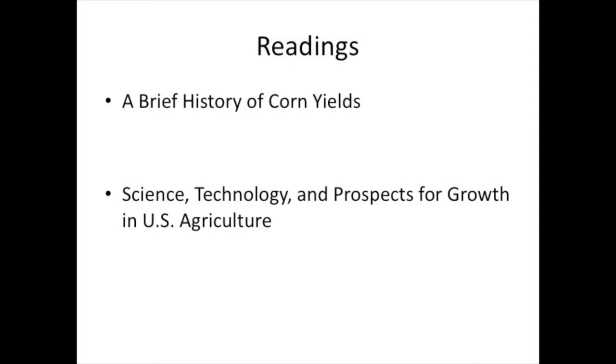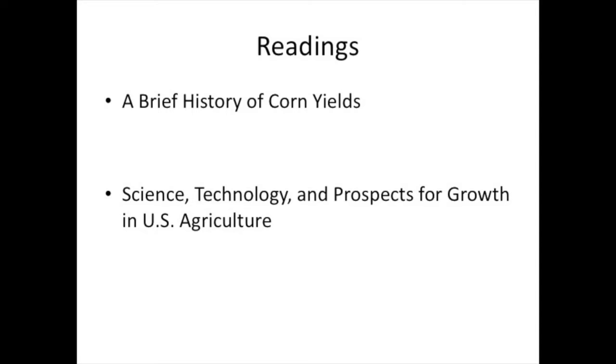In the last module, we talked about arable land and where it was located. Obviously, the use of arable land and increases in arable land will increase agricultural production, cereals, oilseeds, etc. So will yield increases or productivity increases on the land that is used in production. This module is going to talk about yield increases and the industries that those yield increases spawned. There are two readings, both of them fairly short.